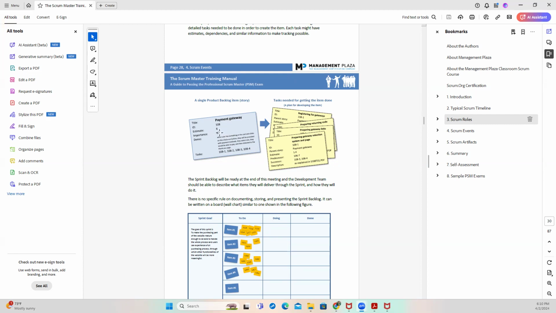And then for the importance, we did not do that high priority importance and all of that. Some companies, some teams will do that, other teams will not. And then the demo, you prepare what payment gateway is all about, right? And then under that payment gateway, you can break it into tasks if you need to do that. Maybe for payment gateway to be done, you have ID number 801. All 4 of these have to be done for that payment gateway to be completed. So this basically is a plan for developing the item right here.